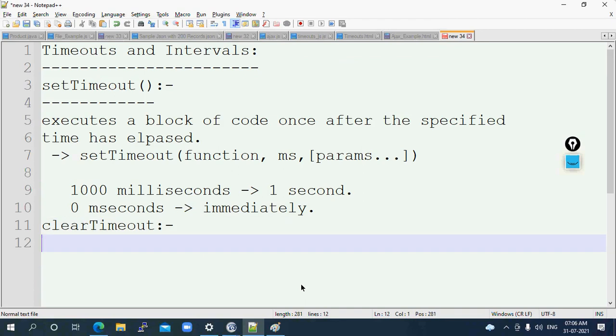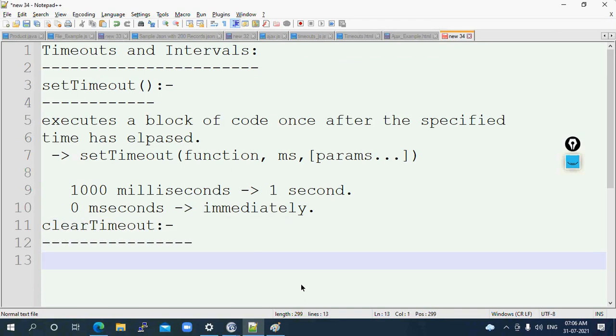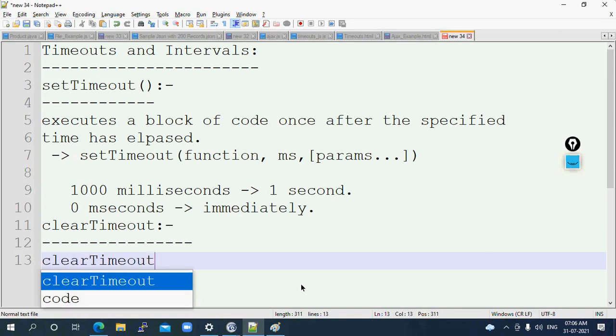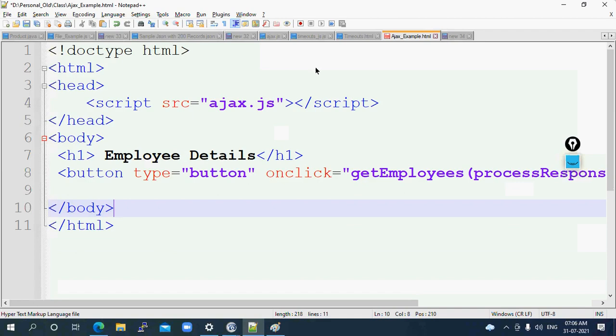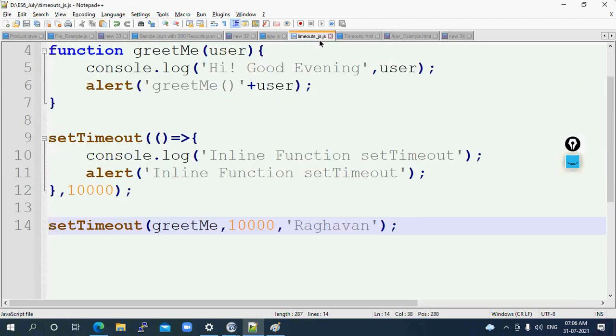That we can do by using the clearTimeout function. For this we have to pass the timeout function reference. Which means, what can I do? I can save this as a